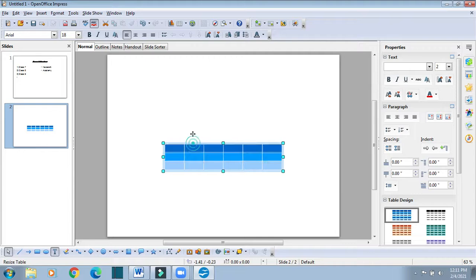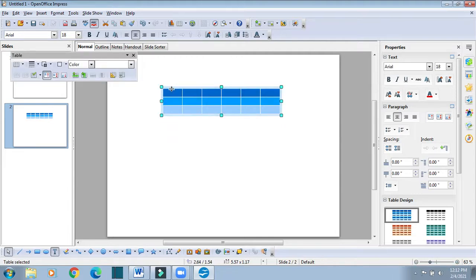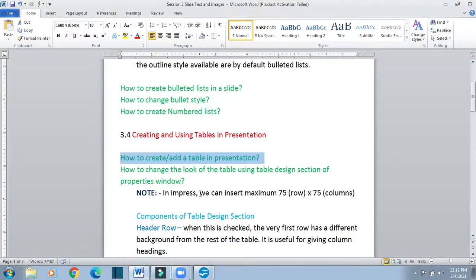So we have created a table with 6 columns, 1, 2, 3, 4, 5, 6 columns and 3 rows. So this way we can create or add a table in a presentation.